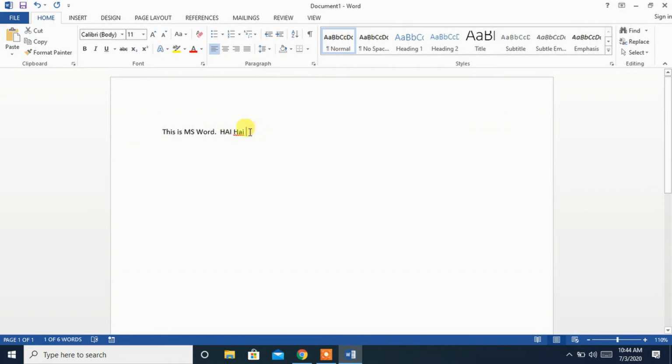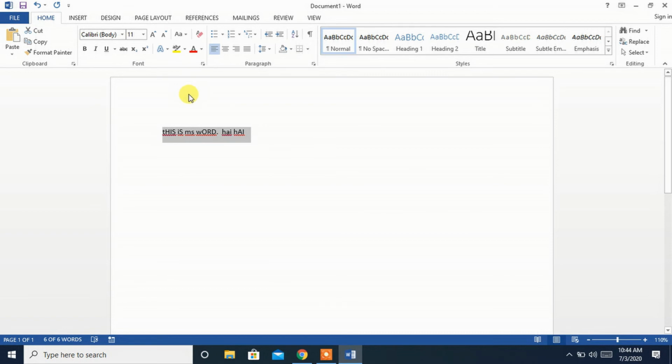Then I am selecting the entire thing, whatever I have typed. Then I am choosing capitalize each word. Then the first letter of each word will be capitalized. Then I am selecting it again and I am clicking toggle case.